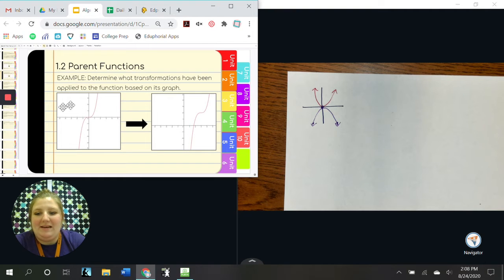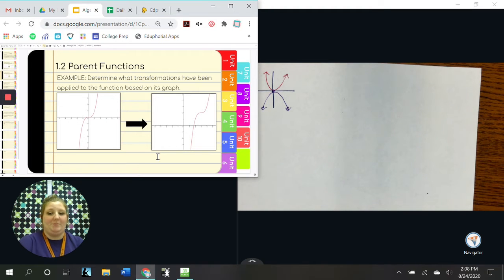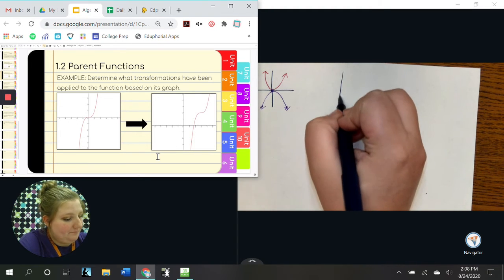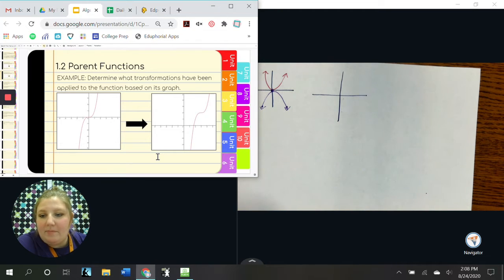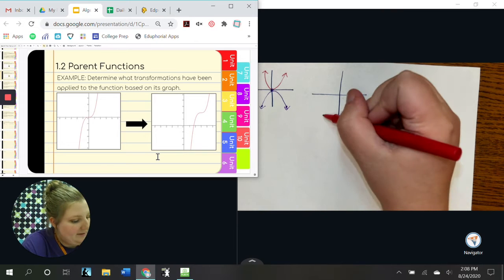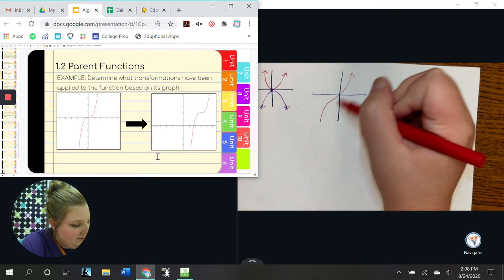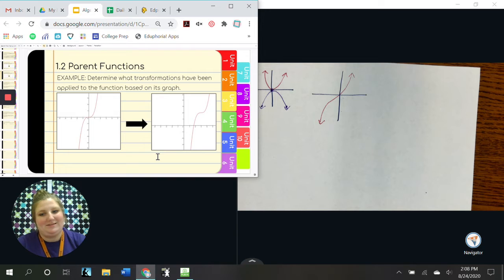So next we got this graph, and it's kind of hard to see on my screen. If you open your notes, it might be a little bit bigger there. But we want to know what transformations have been applied based on the graph. So I'm going to draw it over here so it's a little bit bigger. Alright, so we had a curve that looked like this, roughly. I'm not sketching it out exactly. And then in our new curve,